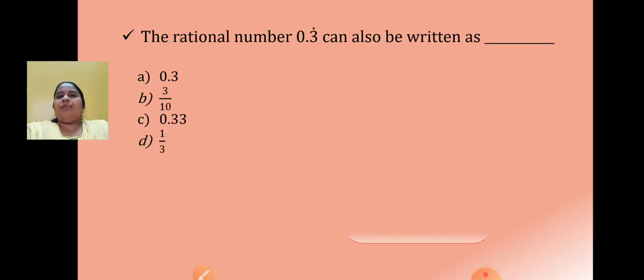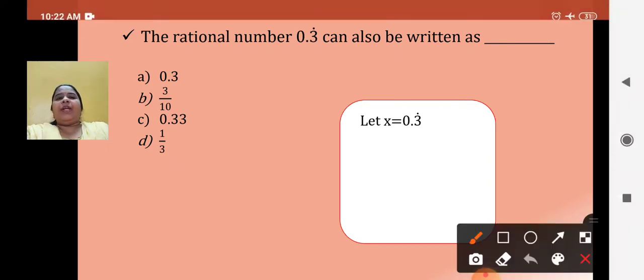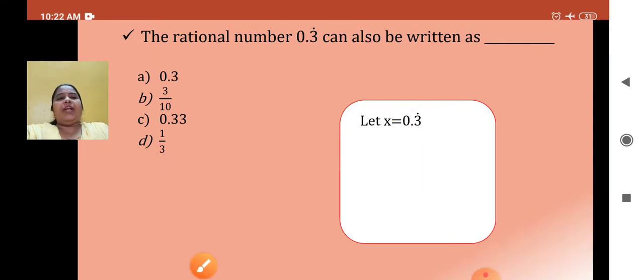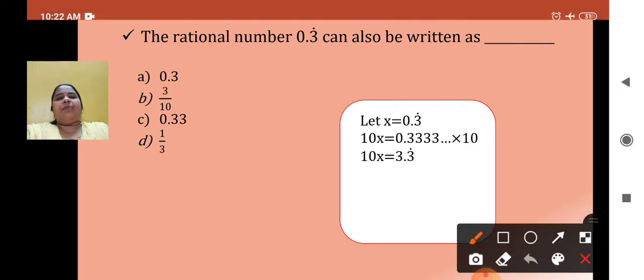Now this is a very important type of question which was there in the practice set. What was the first step? Whatever is the given question, that we will assume as x. X is equal to 0.3 recurring. Now depending upon the number of terms which are reoccurring, we will multiply that by either 10, 100 or 1000. Since one digit is reoccurring, we are going to multiply by 10 on both the sides. What we will get? 10 into x, and 0.3 recurring means 0.3333 and so on into 10. Now when I multiply into 10, the point will shift one digit this side. It will become 3.3 recurring.